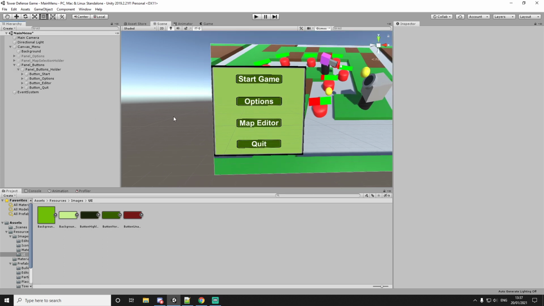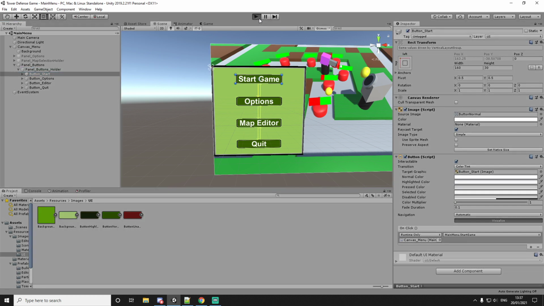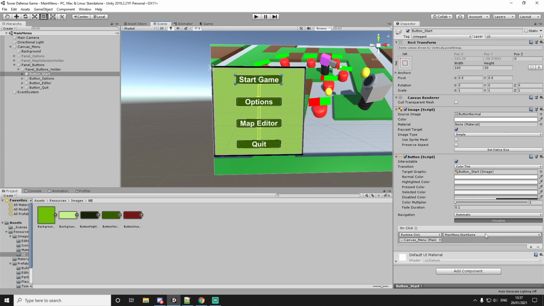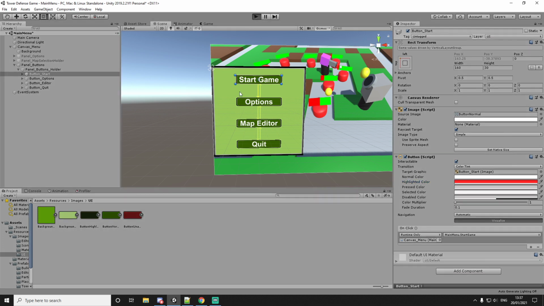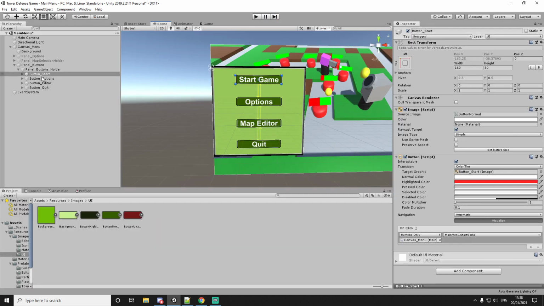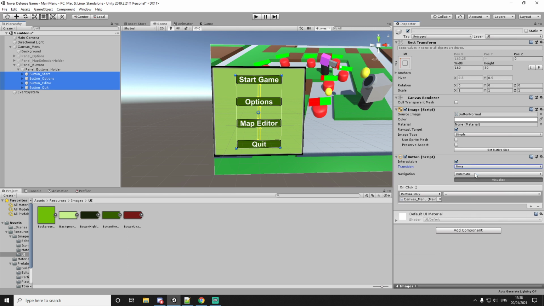Okay, so like I said, I want to have a highlight when we press on them, because currently if we press play, what's gonna happen is, there you go, there is like a highlight, but that's the highlight from the button component, and that slightly tints it. But the thing is, it doesn't look as organic as it could. There you go. So it changes everything, but I don't really want to change these lines when I highlight. So instead, I made my own highlight. So what I'll do is, instead of having tint,